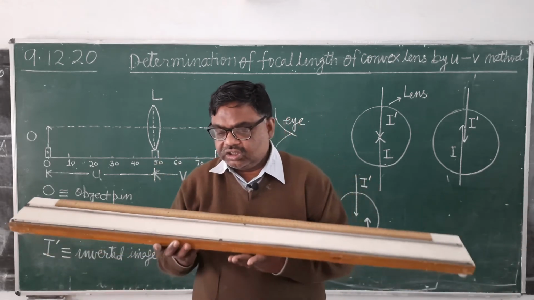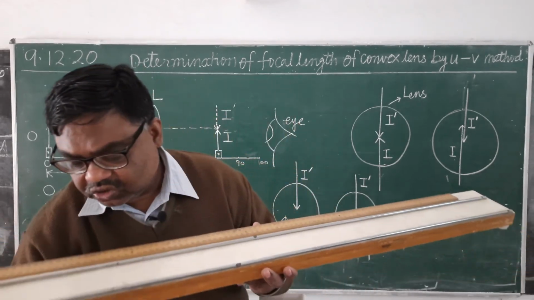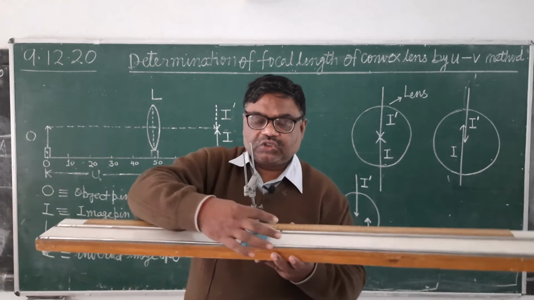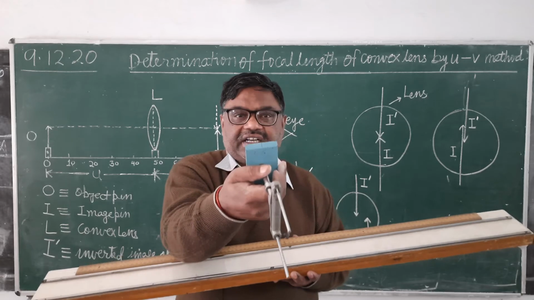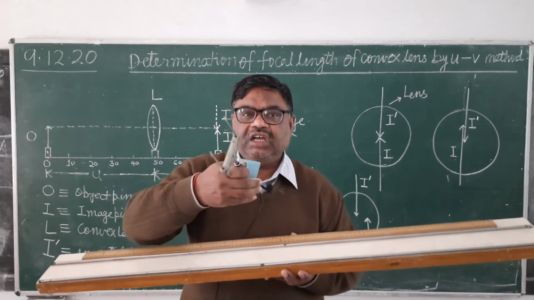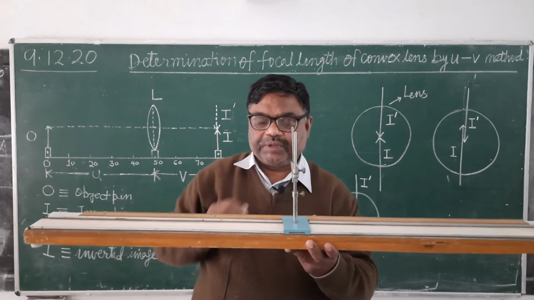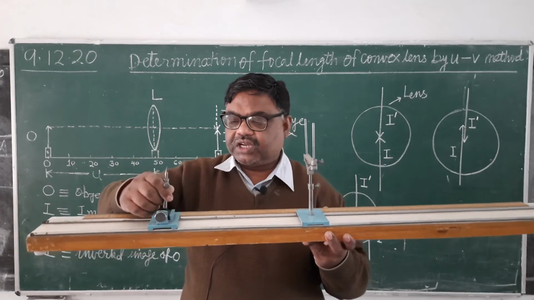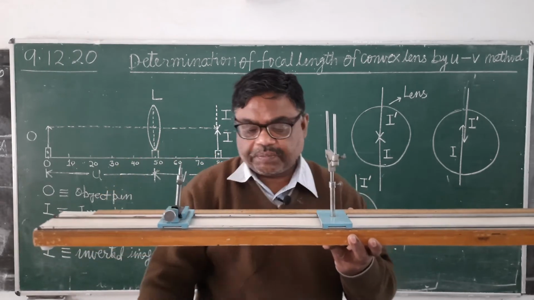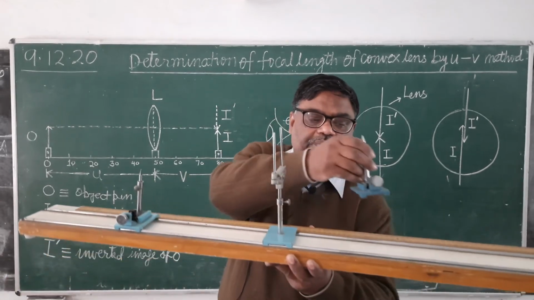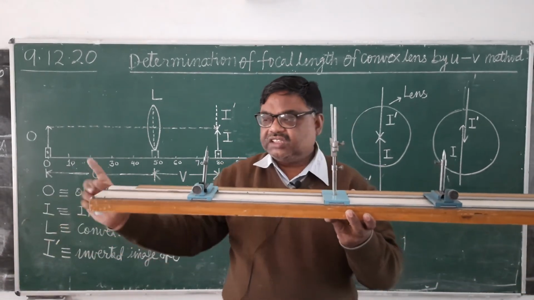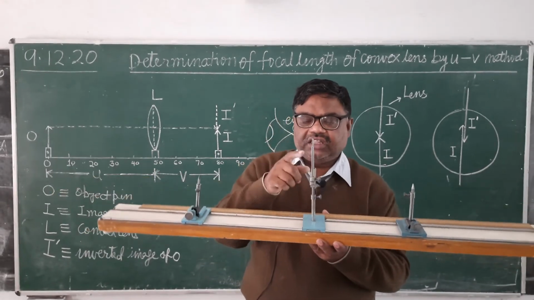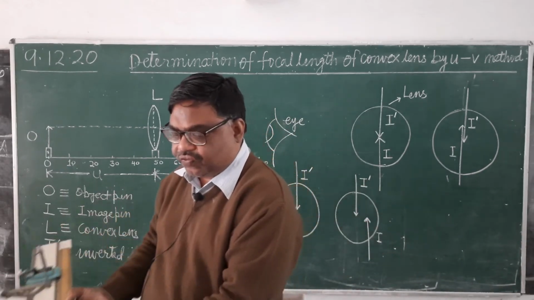Now how will you keep these things here? So in the middle this will be kept. Then here also there is a slanting edge, and the slanting edge of the upright will be towards the scale. So it will be kept in this way. Then this one upright which is containing the optical pin will be on this side, and the other upright will be kept on this side. It's clear? From this side we will observe, and here the lens will be fixed. I am showing how you will fix the lens.